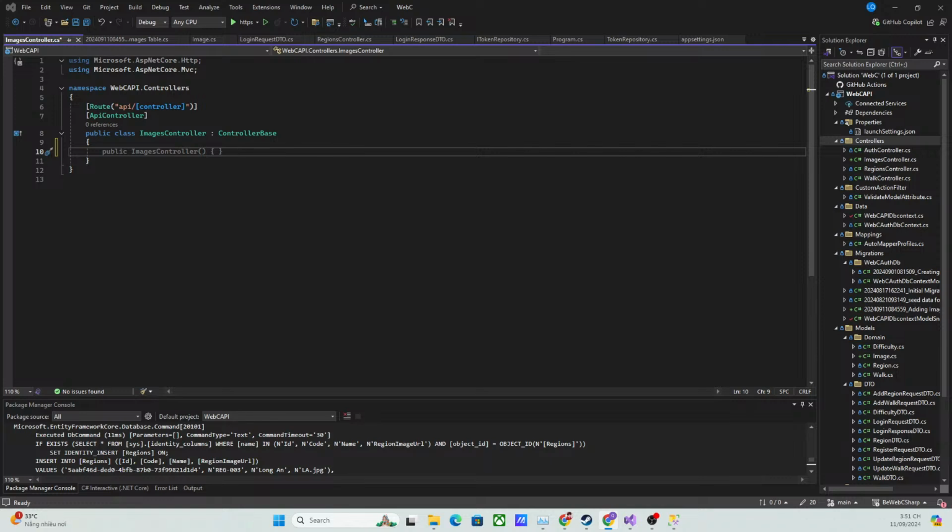In here we get the API controller, and this is pointing to /API/images over here. In here we want to create a new action method for image upload functionality, and because we are uploading an image, we will use the post method over here. So if I put a comment over here, we will use the HTTP post verb, and then this will point to /API/images,